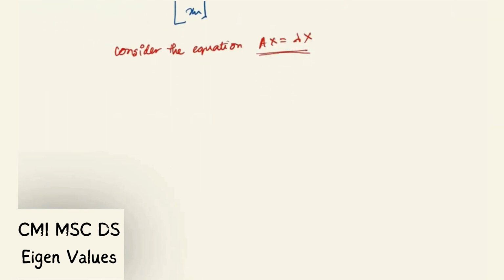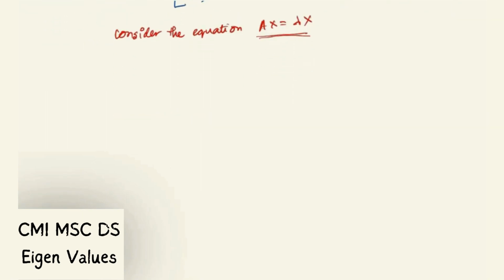And clearly x equals 0 is a solution, because of course it will happen. Lambda is a scalar, if you multiply it by 0 it will be 0, and whatever the matrix A be, if you multiply it by x it will be 0, so it will satisfy. But our aim is to find another solution of this,